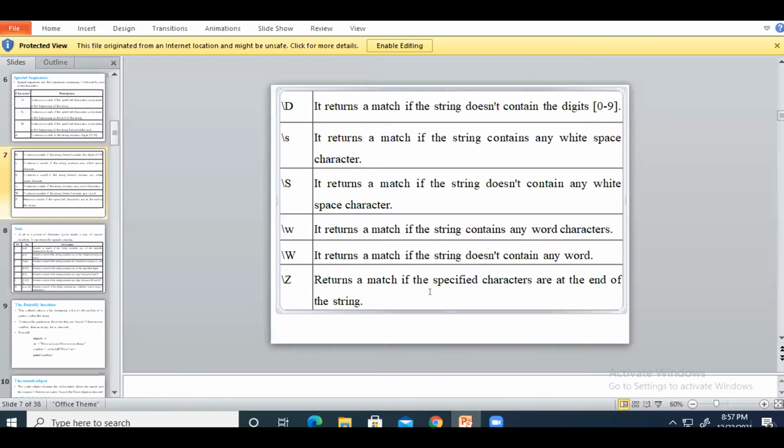This also does not work. Capital Z returns the specified character at the end of the string.